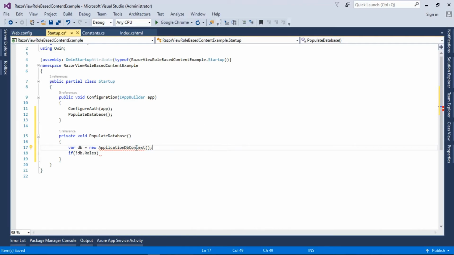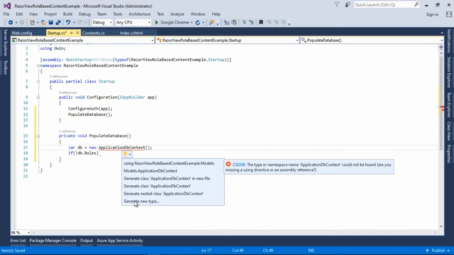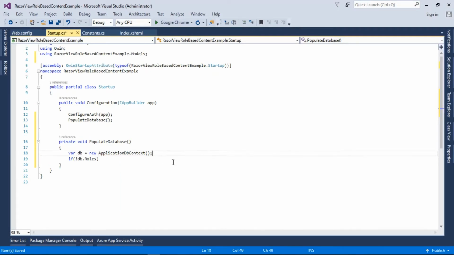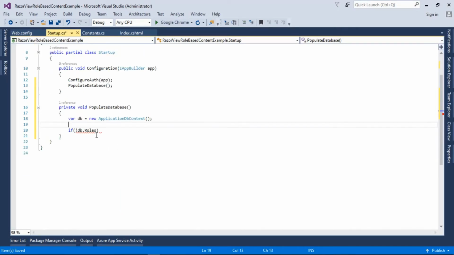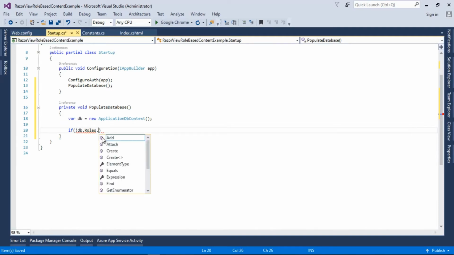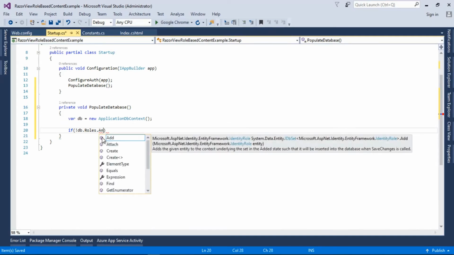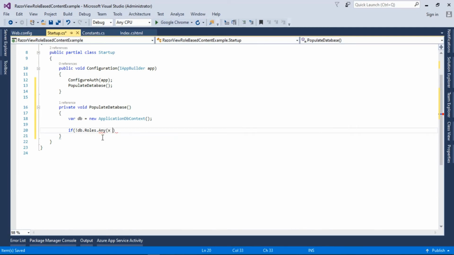Now we'll import this namespace as well. We will use the models one, and now we will provide the condition if we do not have the roles which name.